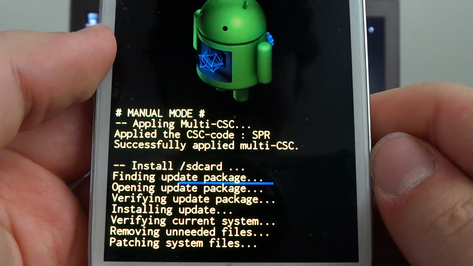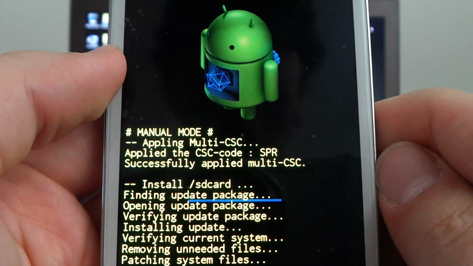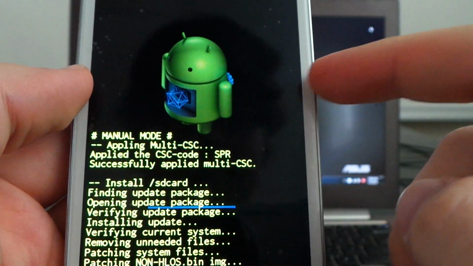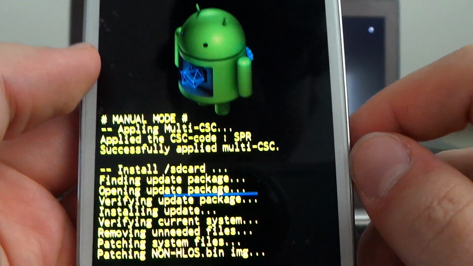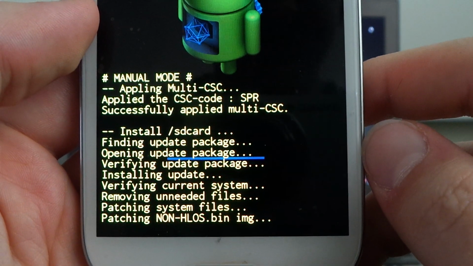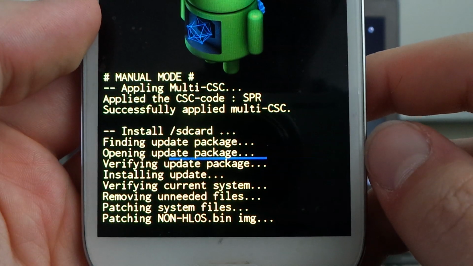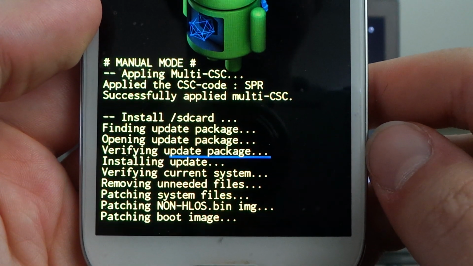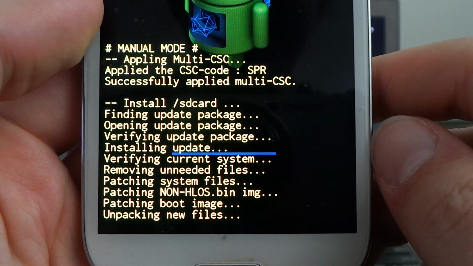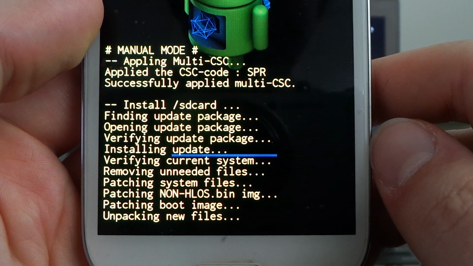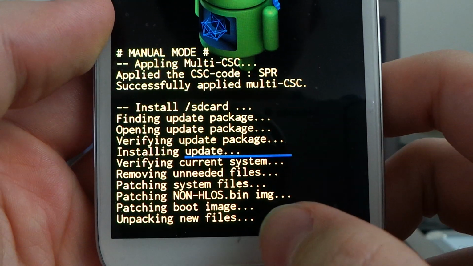So, geez, this is taking a while. So, anyway, what we're going to do is, because this is an unlocked bootloader, see, there we go, patching the boot image. So, this was the file that was one of the last to flash. So, it's a stock 4.3 file, so it's just upgrading all of the parts. So, it was upgrading the system, now it did that, the boot image, and now it's unpacking the update itself,